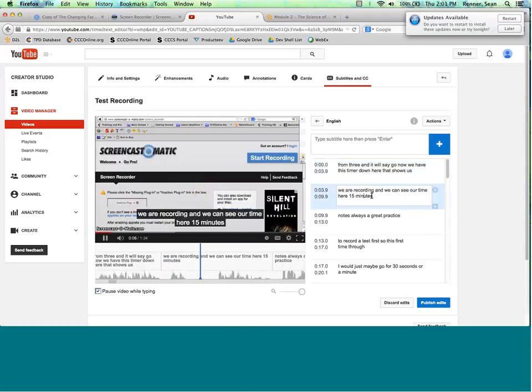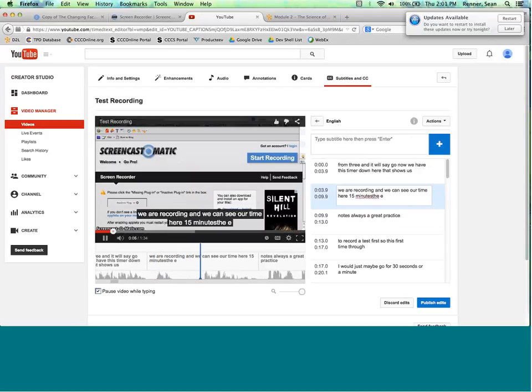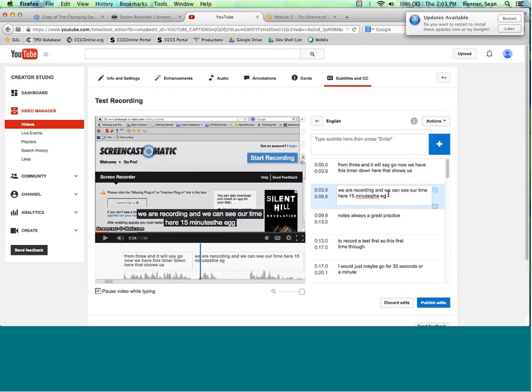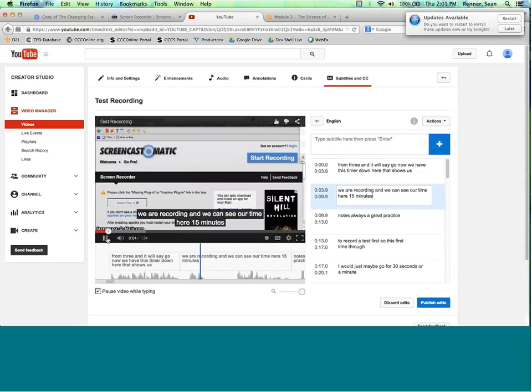And as soon as I hear a mistake and start typing, it'll automatically stop it for me. That does a nice thing by eliminating you having to move your mouse over and start and stop it. All you have to do is just start typing, and it'll pause the video for you while you're typing because it knows that you're fixing something, and then it'll pick up again once you stop typing. So that's a nice feature that they have just to help speed things along.